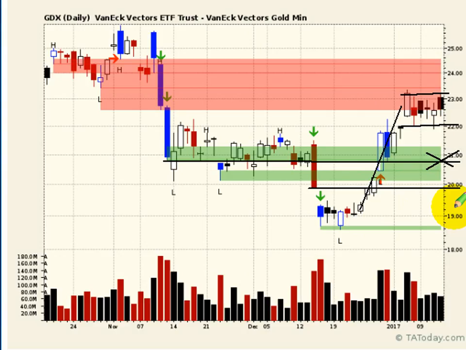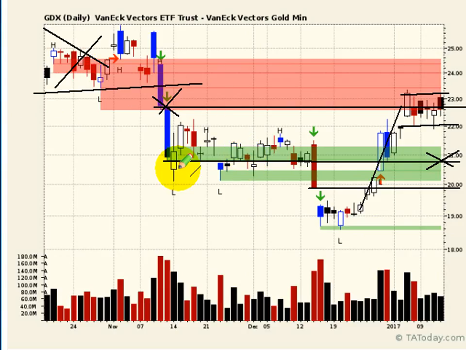Patterns don't mean anything unless you take the context of everything else that's happening. This thing is trading into resistance. What does that mean? That means there are people there. Everyone prior to this is losing money. As you go up into that area, what do you think they're going to do? They're going to sell the stuff they've been losing money on and get their money back. That's what's happening here. I don't care if you're flagging or not. You're going to flag yourself right back down. This thing's coming down. I've been saying it for a few days. It's taking a long time, but it's going to come back down. The odds favor it to come back down.